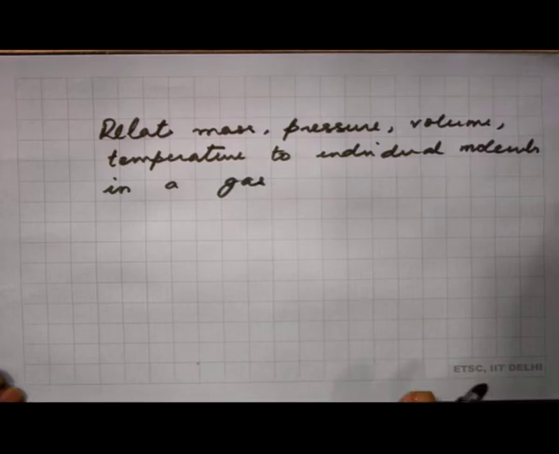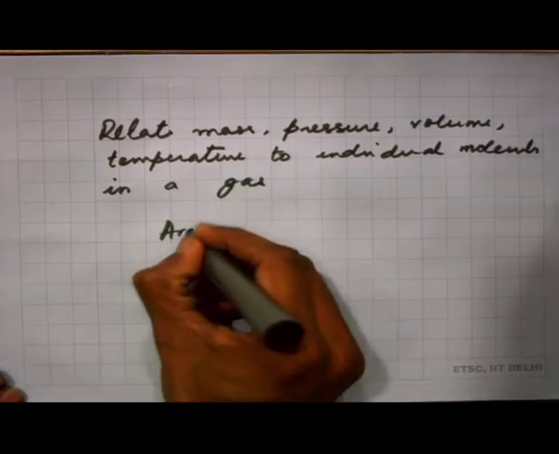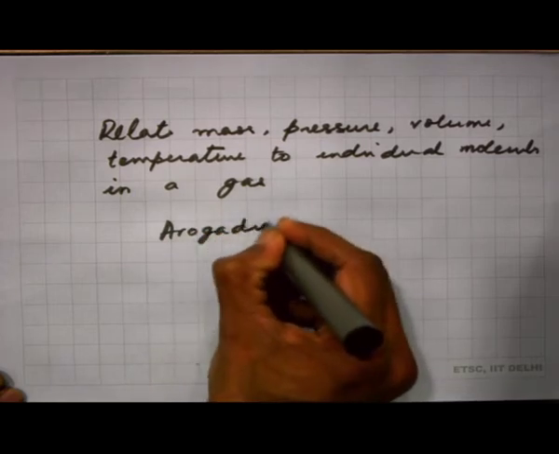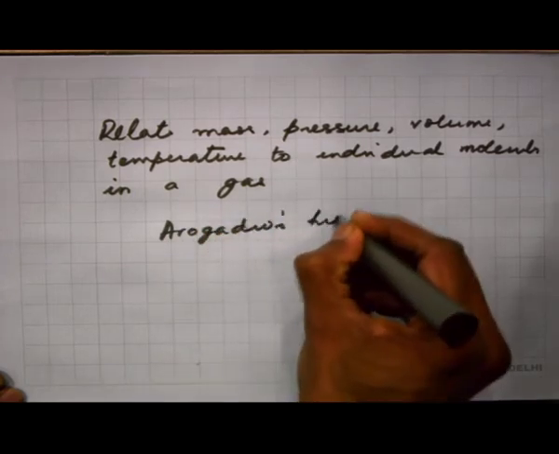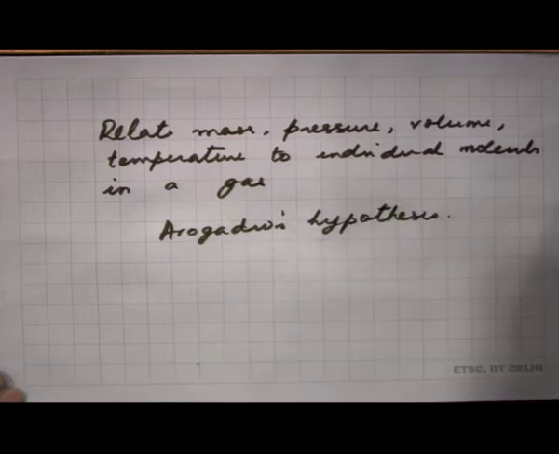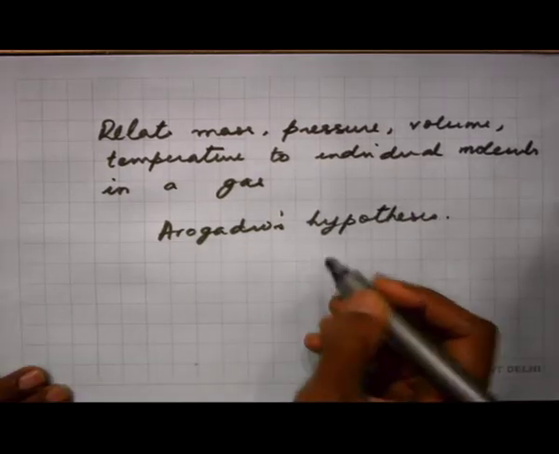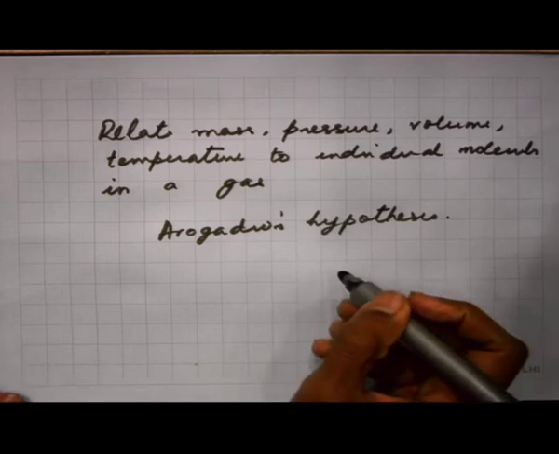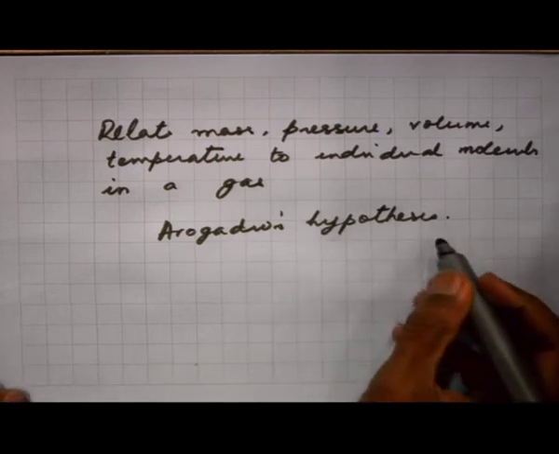And for this, the all important thing that we need is Avogadro's hypothesis. So, before we go and look at the ideal gas equation of state, you should also remember that